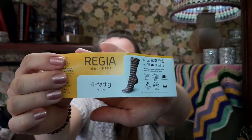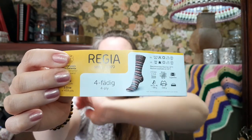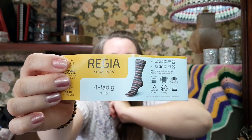So the yarn that I'm using for this pair of socks is the Regia 4-ply from Schachenmayr in the color number 07709, and on Arthur Bale's website where I bought this, it said that the colorway name is Snowflake. I'm knitting this pair of socks on 2.25mm circular needles, 9-inch circular needles, and